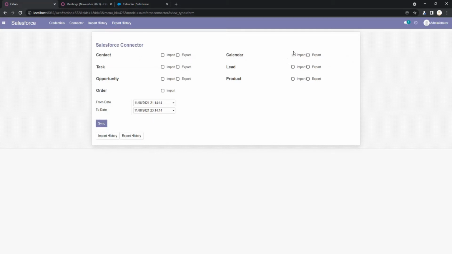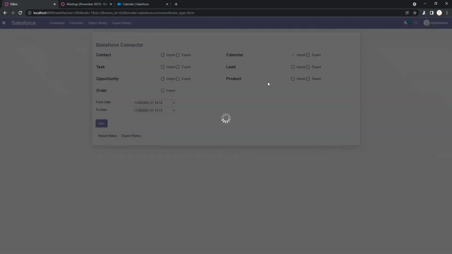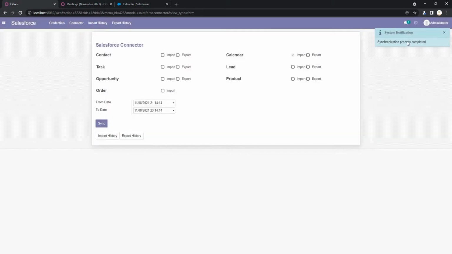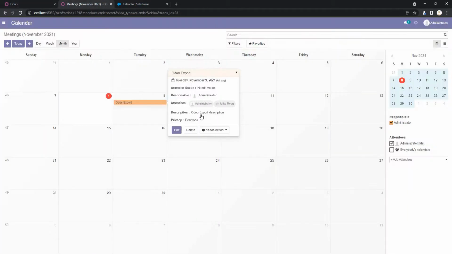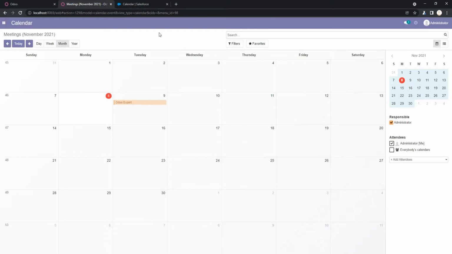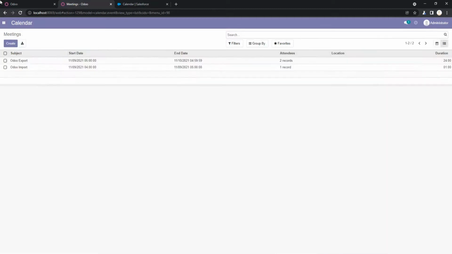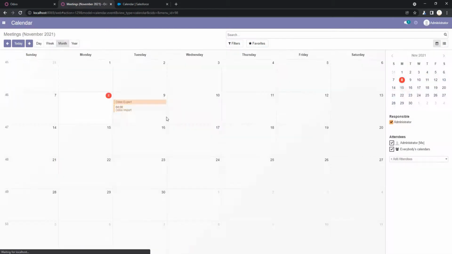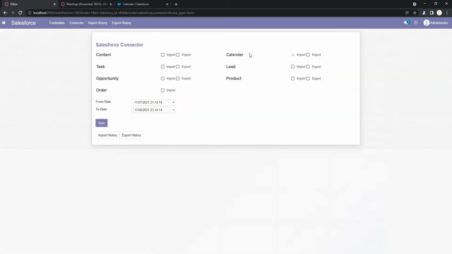So I just check the inbox or operation, and click the sync button. So the process is completed successfully, and we can check from the calendar. So you have two options, you can refresh the page, or you can change the view. So you can see the events are imported successfully. We have only the one, so the one event is imported successfully. Okay, so as you can see, both operations of calendar events work perfectly.